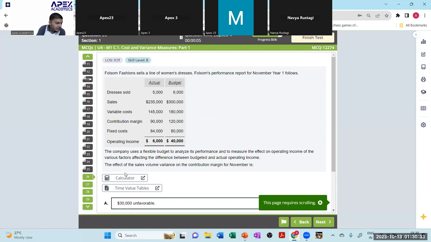ये क्या पूछता है, कंपनी इज अ फ्लेक्सिबल बजट, द इफेक्ट ऑफ सेल्स वॉल्यूम वेरिएंस ऑन द कंट्रीब्यूशन मार्जिन इज व्हाट दे आर आस्किंग। मतलब क्या, सेल्स वॉल्यूम वेरिएंस का मतलब क्या, प्लीज पे अटेंशन। सेल्स वॉल्यूम वेरिएंस ऑन व्हाट,